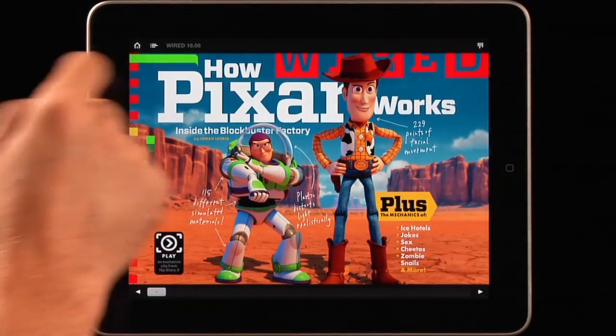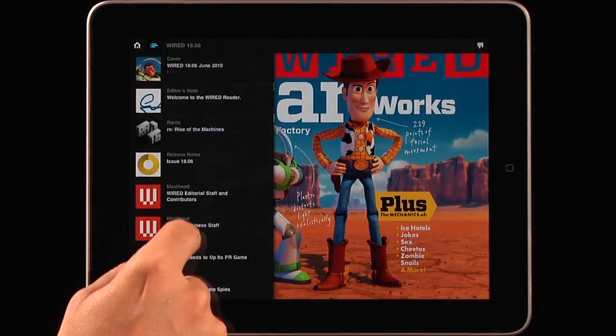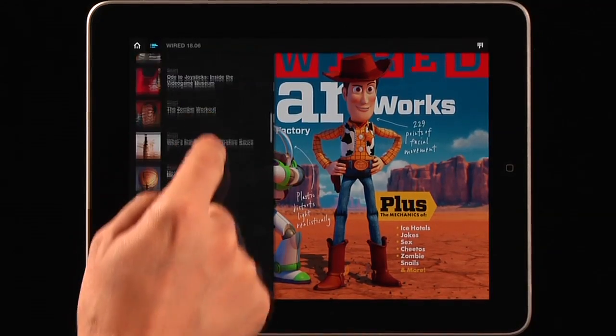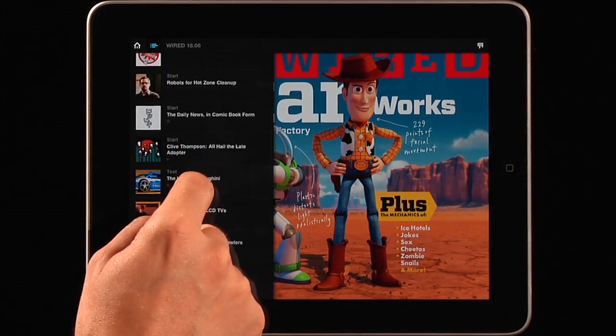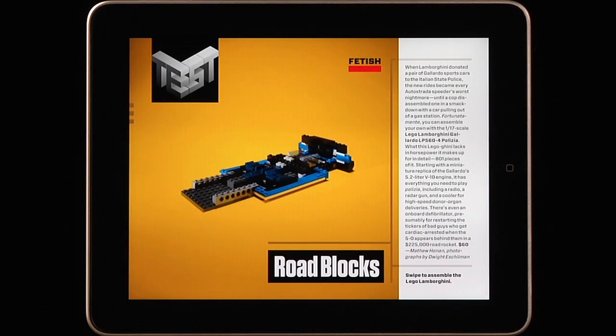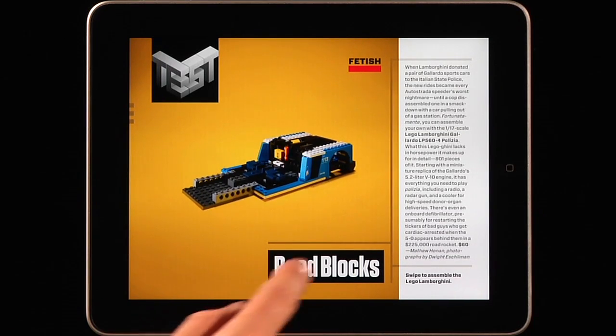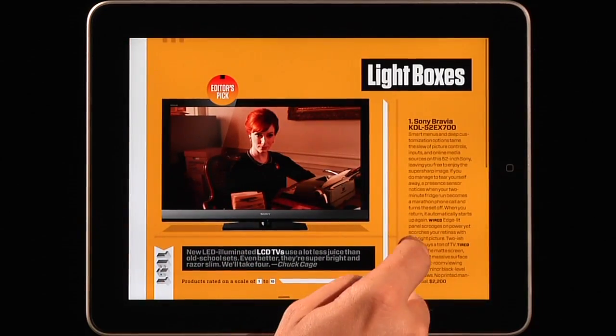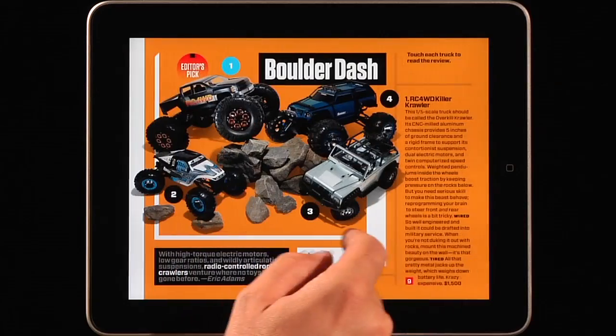It allows you to dive right into the articles, has a lot of bonus content, there's videos and all kinds of things that you can play right from the magazine itself. So it has everything the print magazine does, but added features like extra videos and little clips and things that are all peppered through the application. It's a phenomenal app. Well, Wired magazine is pretty awesome, but the app that we're going to review today is